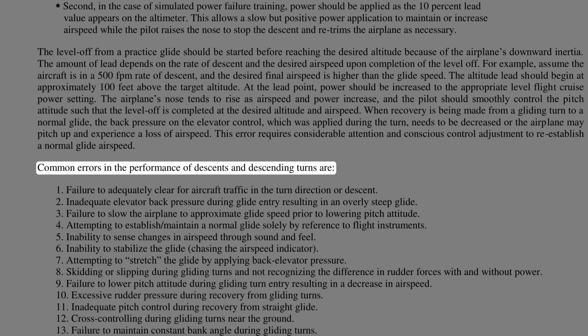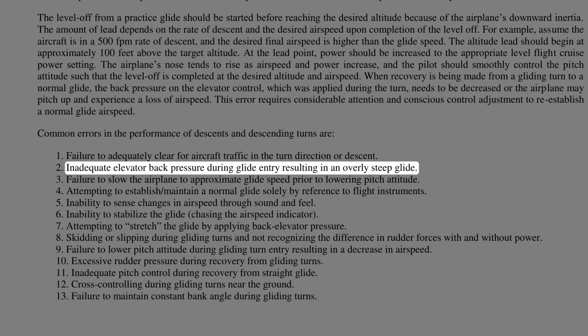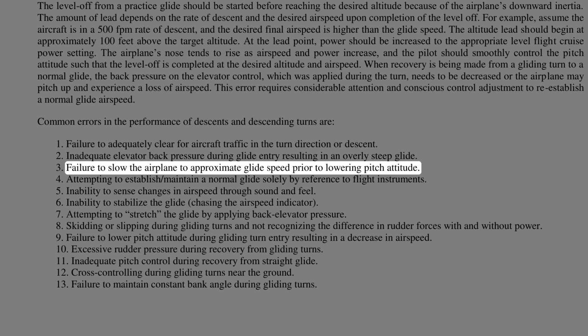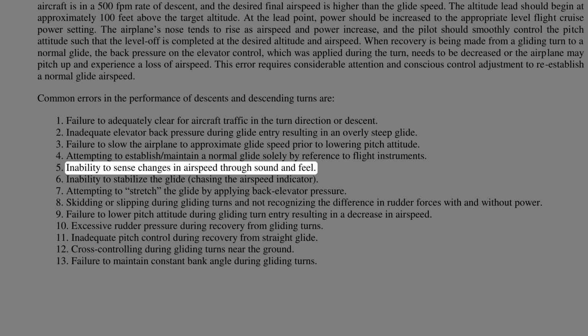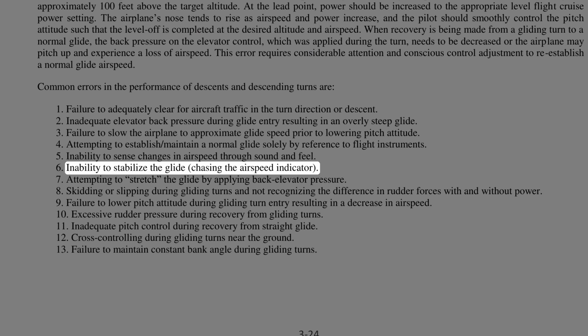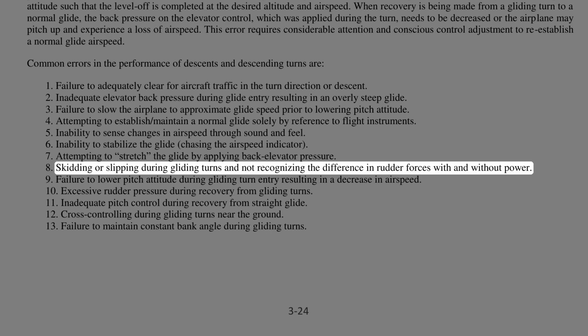Common errors in the performance of descents and descending turns are failure to adequately clear for aircraft traffic in the turn direction or descent, inadequate elevator back pressure during glide entry resulting in an overly steep glide, failure to slow the airplane to approximate glide speed prior to lowering pitch attitude, attempting to maintain a normal glide solely by reference to flight instruments, inability to sense changes in airspeed through sound and feel, inability to stabilize the glide, chasing the airspeed indicator, attempting to stretch the glide by applying back elevator pressure,